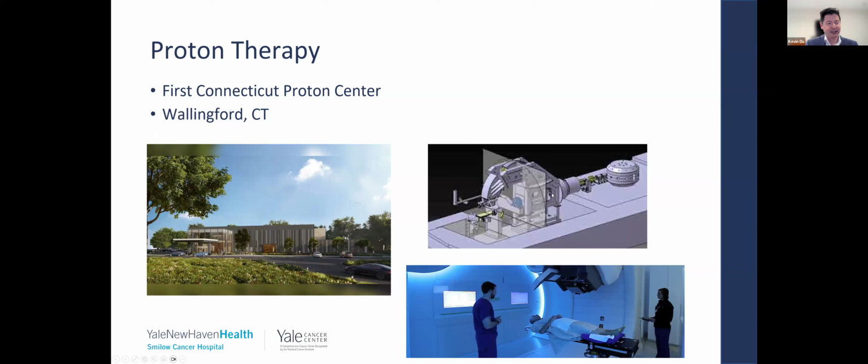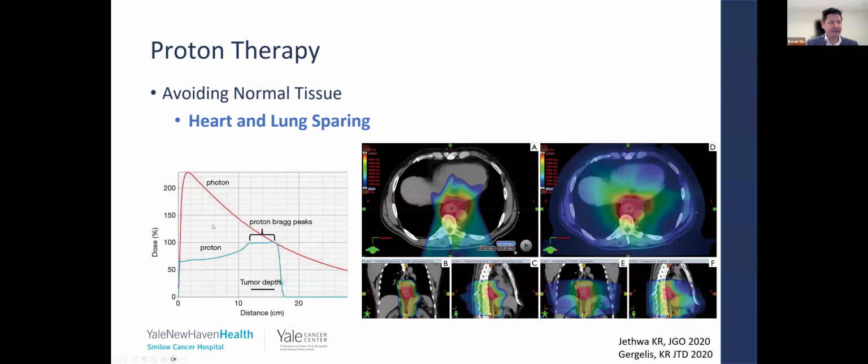And protons are really attractive and cutting edge radiation technology. And the advantage of protons is that where X-rays go through your body, no matter how carefully we aim X-rays at the esophagus, there's always this low dose spread of radiation to the lungs and heart. Protons stop. And so you can see in this example of a proton plan delivering dose to the primary tumor, but really sparing a lot more lung from this low dose,